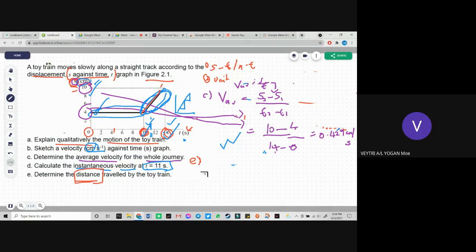Kalau negatif masuk, automatically itu nama dia displacement. Okay, so mengikut you punya VT graph, velocity time graph yang you dah sketch dalam B, now you can find the distance is area